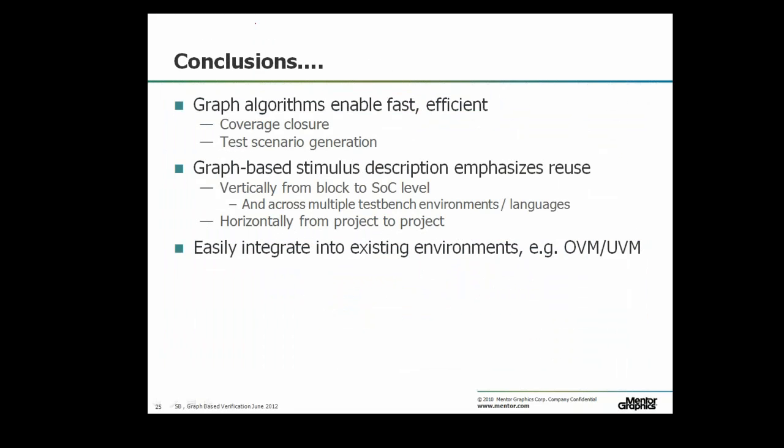So this is my final slide. To summarize what I've shown so far: graph-based verification and algorithmic generation enable fast, efficient coverage closure, and it's a great way to describe high-level test scenarios. Graph-based verification really eases reuse, both vertically, as you have seen, because the same sequences can